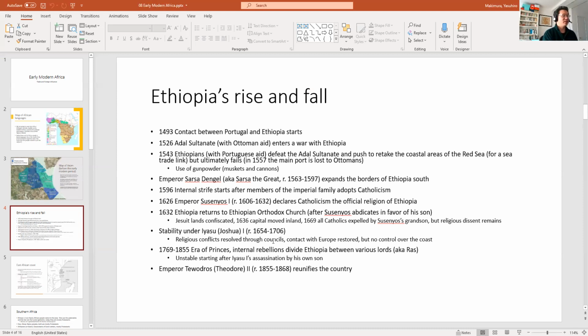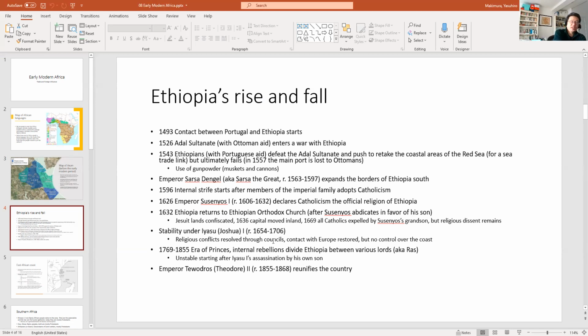And eventually, the Ethiopians do gain the coast once again, and their long term goal of having a sea route connection to the outside world is restored. Unfortunately, this does not last for them. In 1557, the Ottomans, in their war against the Portuguese and the Ethiopians, push forward once again. And in 1557, the port is once again lost. And this time the port is lost to the Ottomans, not to a local Muslim kingdom. And the Ethiopians basically become landlocked from that point onwards, which is very painful.